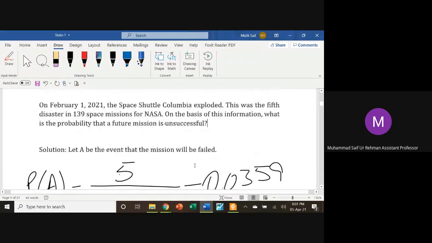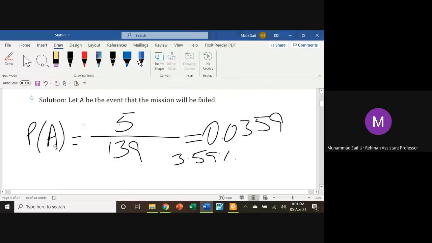But if the question is what is the probability that the shuttle will complete its journey, let's say the question is like this: what is the probability that the future mission